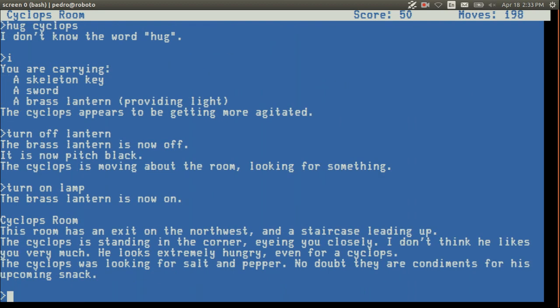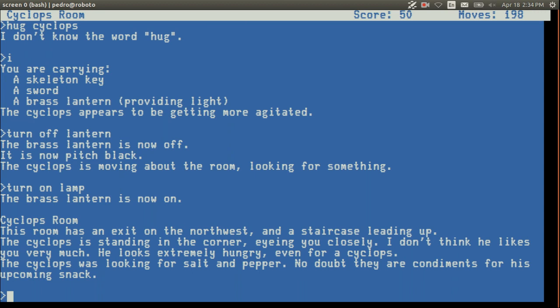I thought we were outside now. My bad. Oh, he's looking for salt and pepper. Oh, there's the pepper. Are you his upcoming snack? We don't have any. We ate lunch already. Give him the garlic. I feel like we're probably the thing he wants to eat. Too bad we don't have a sandwich we could give him. Yeah, too bad we already ate the lunch.